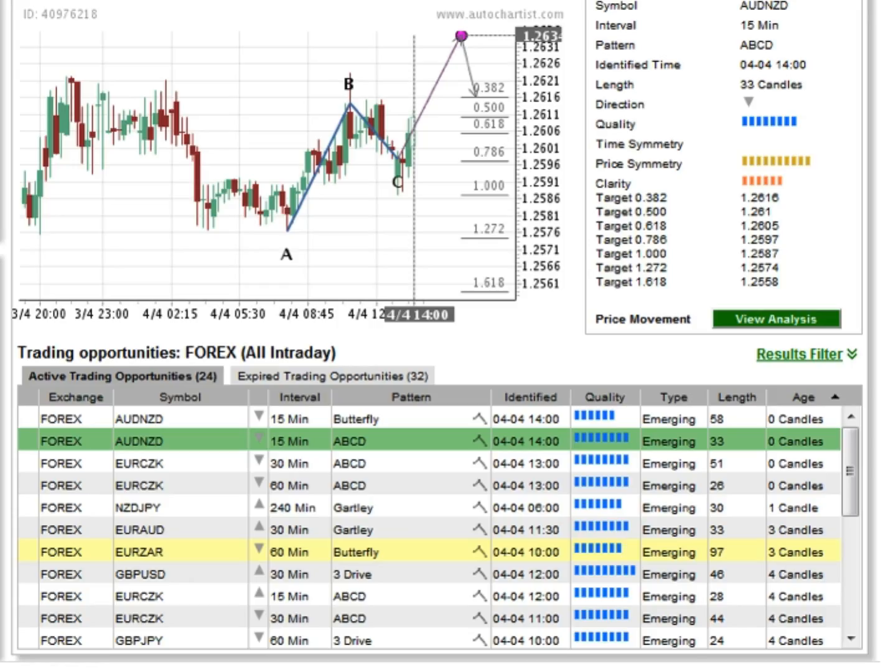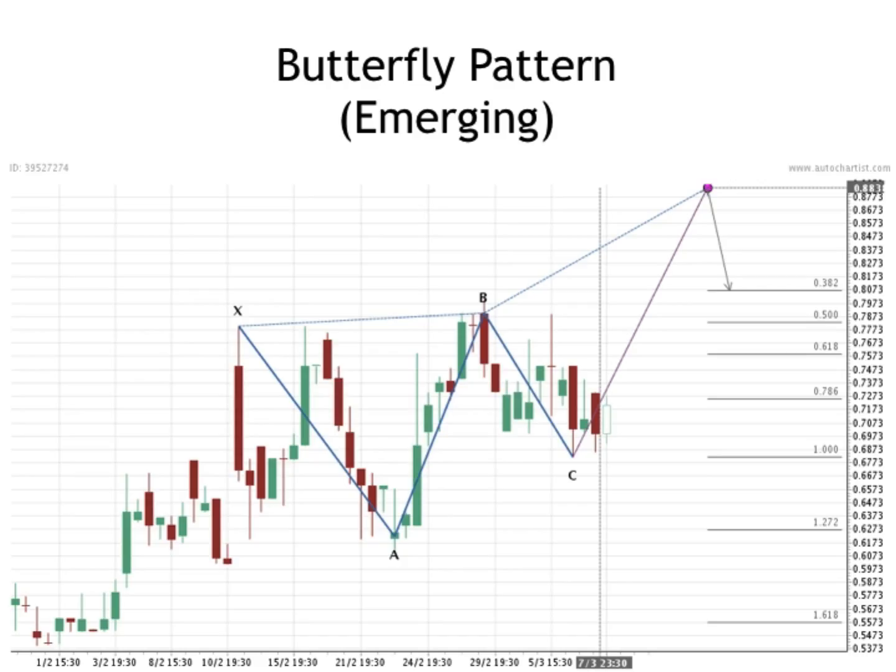The way to recognize that you're looking at an emerging Fibonacci pattern is also the color of the direction arrow. If it's grayed out, the pattern is emerging, but a more obvious feature is the pink dot on emerging patterns. Unlike with chart patterns, where emerging patterns can be straightforward opportunities to trade, with Fibonacci patterns they really are just an early warning signal. Because for the opportunity to realize, two things still need to happen.